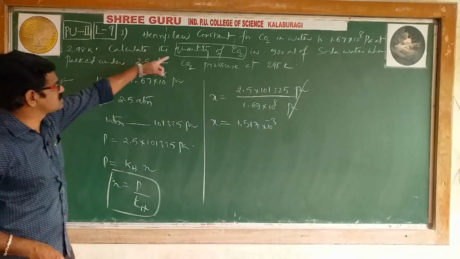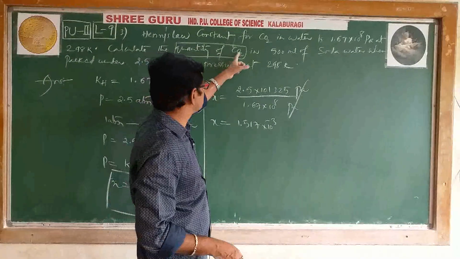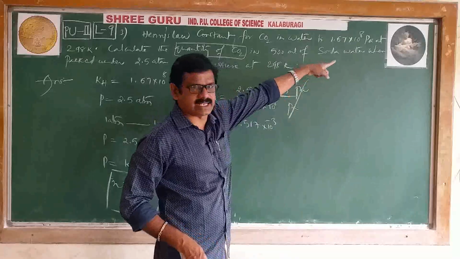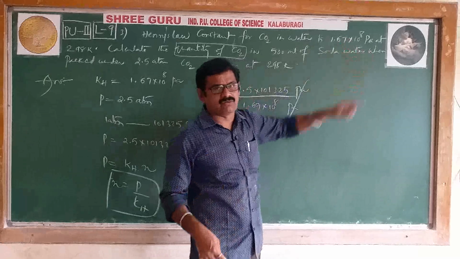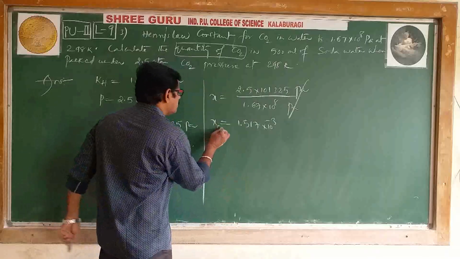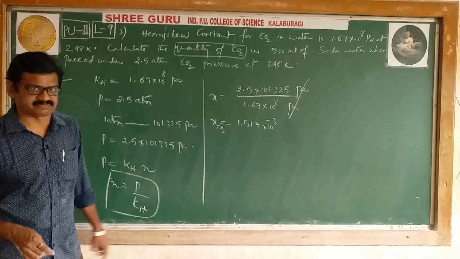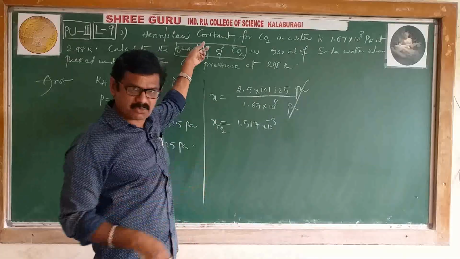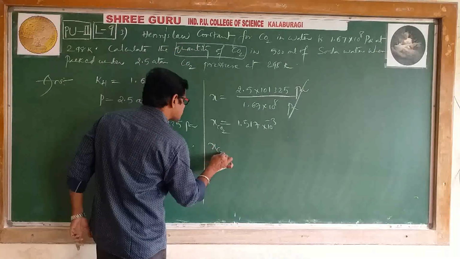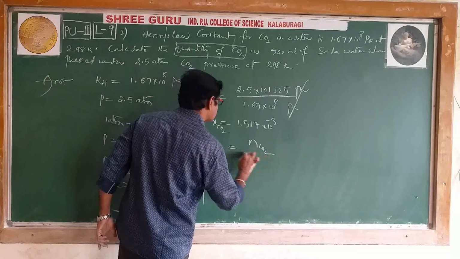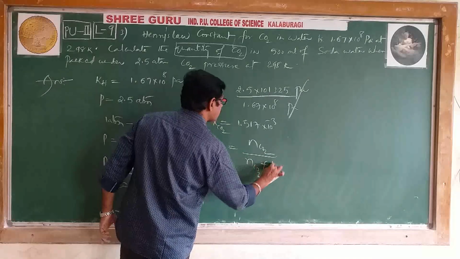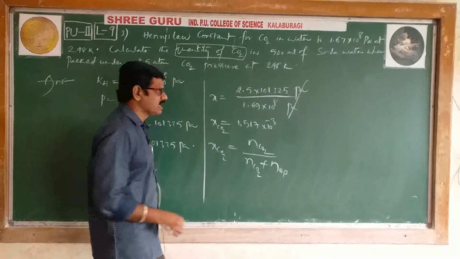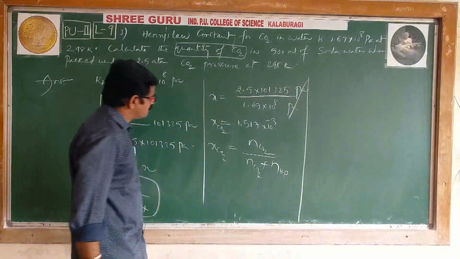Whose mole fraction? Of course, CO2 mole fraction, because CO2 is a solute. Then water is a solvent. Soda water we are saying: soda, CO2 is solute, water is solvent. Therefore, mole fraction of carbon dioxide is obtained. Right. Our target is quantity, nothing but mass. Before mass, we have to get moles. Therefore, mole fraction of solute is equal to number of moles of solute by total moles. Total moles means carbon dioxide moles as well as water moles.